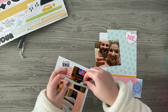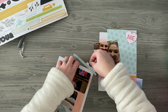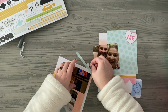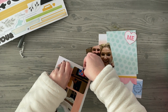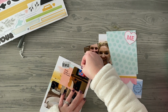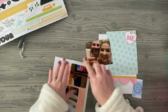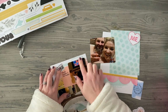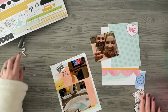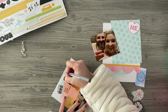Again, the colors are just too perfect. Let's see how we can place it up and under here. Yep, perfect. Okay, so that really lines up well. And then this was actually part of this original layout inspiration or design that Close to My Heart made. I am going to put in that this is